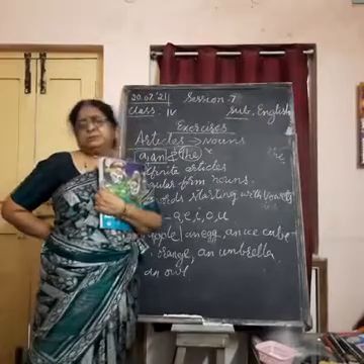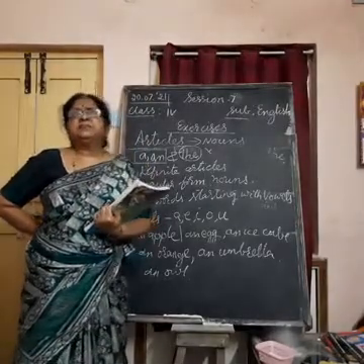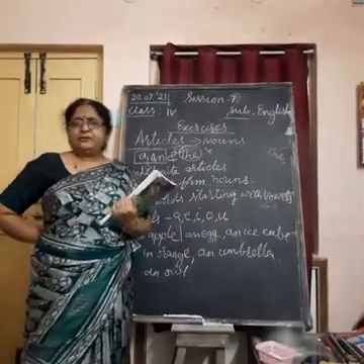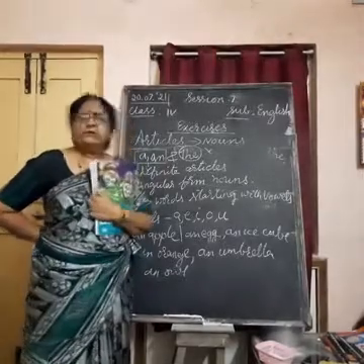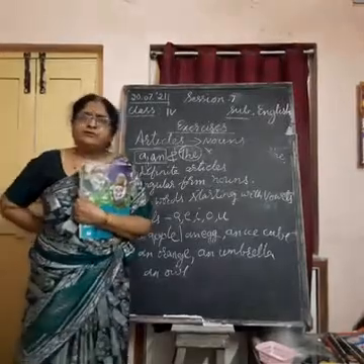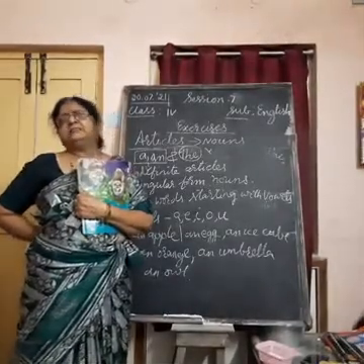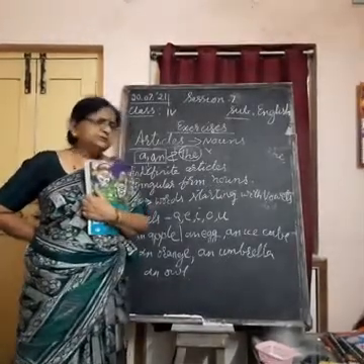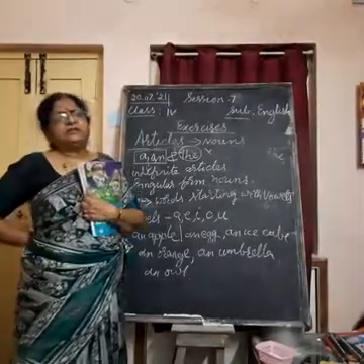An ice cube, an ice cream. We don't say an ice creams, an ice cubes. We can't say that. In plural, we don't use an. An orange, not an oranges. This is wrong. In plural, we don't add an. An umbrella, singular. Umbrellas, plural. So in this way, an is used with the words which start with vowels.